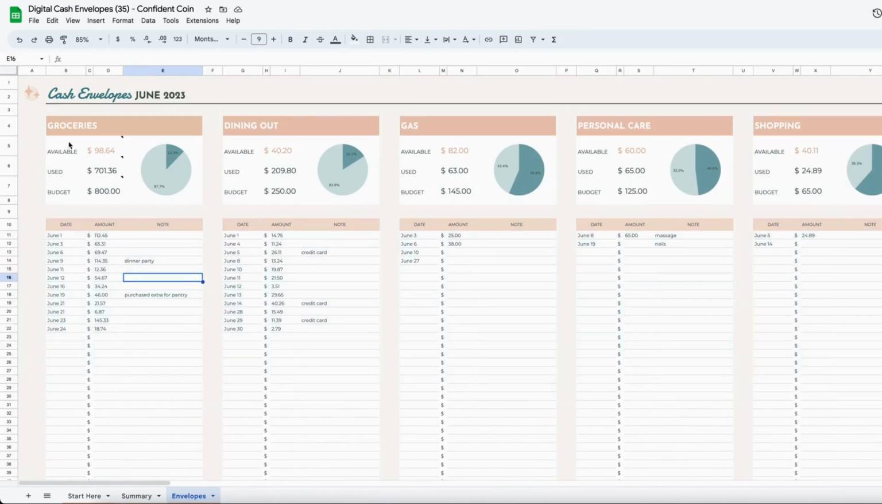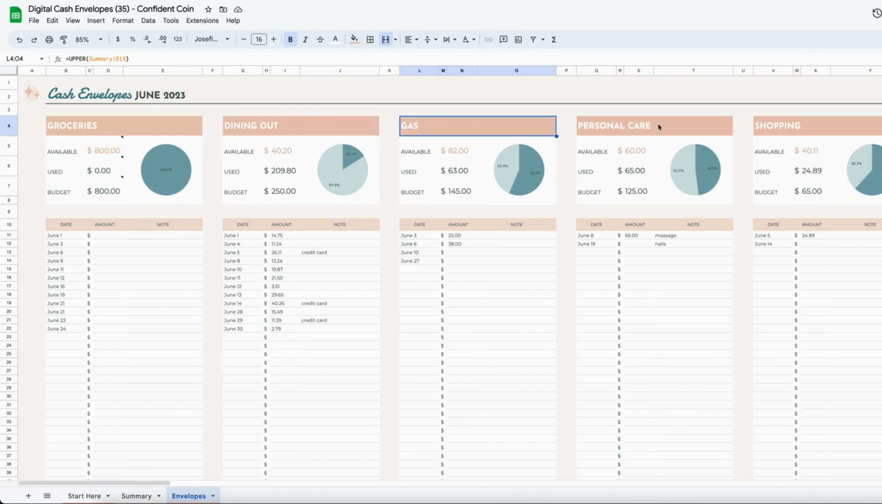So you can see it has what's available, what you've used, and how much your total budget is. For example, if I erase all of these, you will see that we head back to 0. So our budget is 800 and 800 is available. The way that each of these envelopes work, so each of these is a single envelope, is that you will